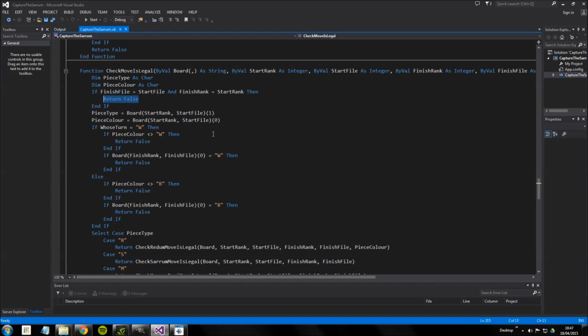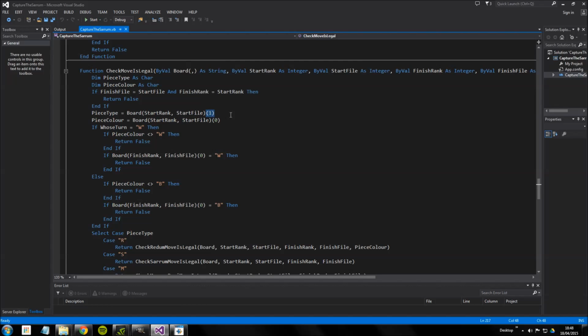So after that, we assign piece type and piece color. We do that by using the fact that it's a string, and we use some little tricks. It's almost treating it like an array, an array of characters almost. So when we're looking at piece type, remember, for piece type we want the second character in each square, because we have the white or black in the first character, and then we have R, E, N, M, or S, or whatever, in the second character. And so what we use is, we look at that square, say board, start rank, start file. So we're looking at that set of two characters together,